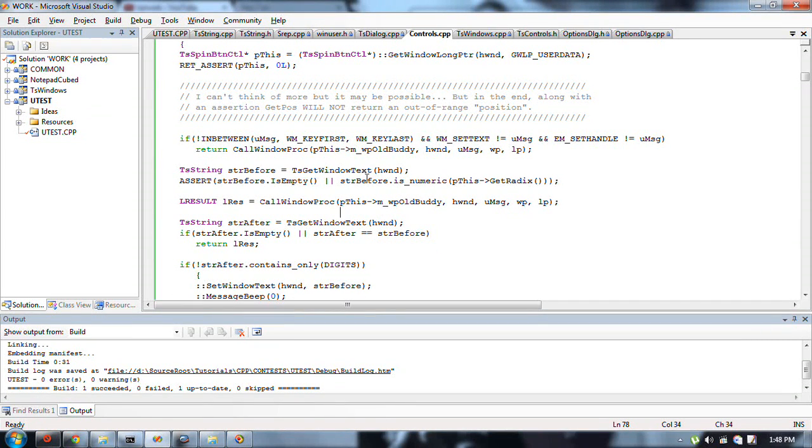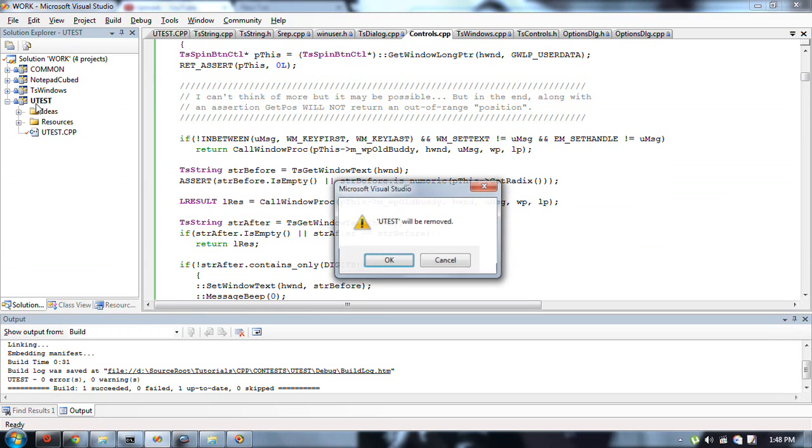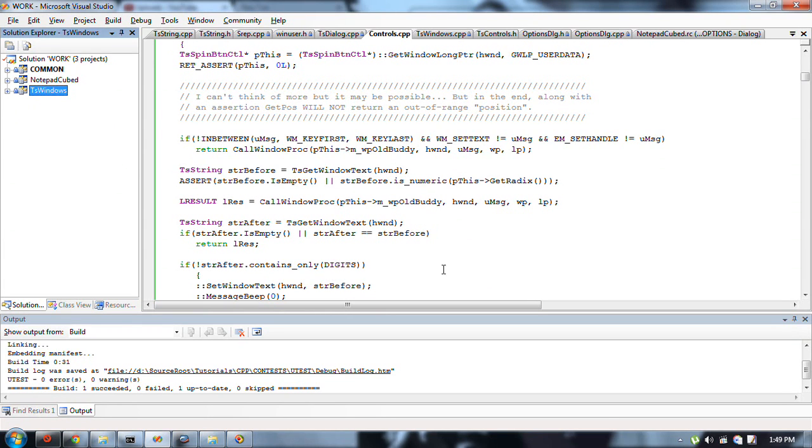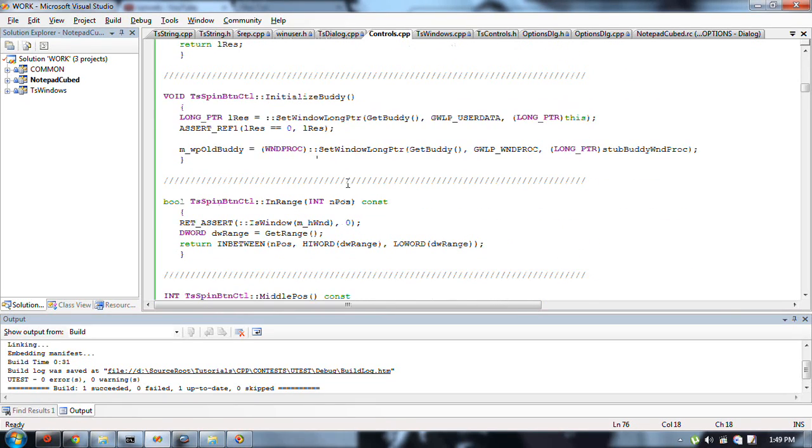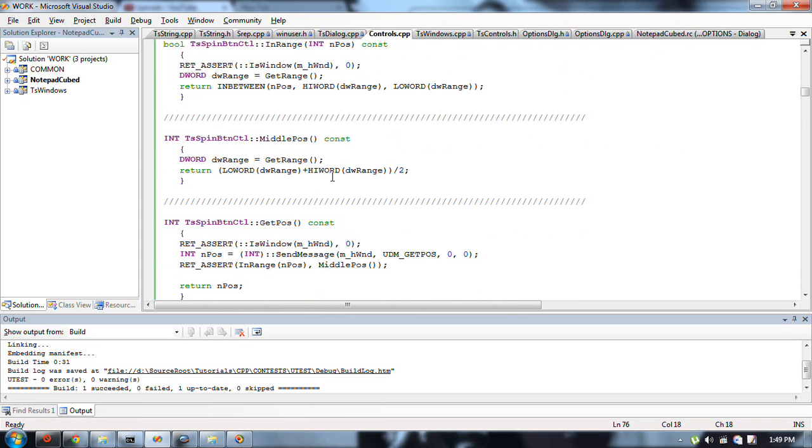Okay, now this is another entry for the reference section. It has to do with the last entry, the reference section. And that has to do with the addition of a new function, or several new functions, two of them private,